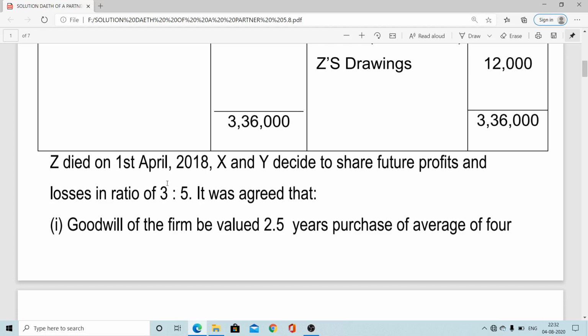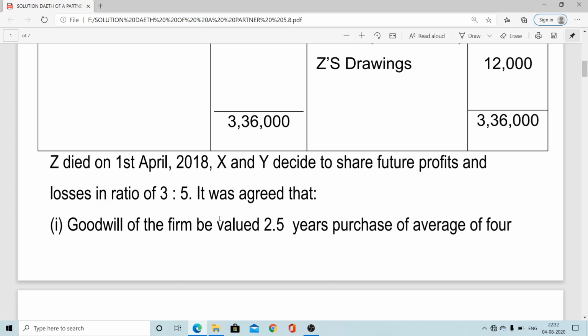Died as on 1st April 2018, and X and Y decided to change their profit sharing ratio into 3:5, meaning the new profit sharing ratio is provided as 3:5. And we know that when a new profit sharing ratio is provided in the question, the first duty is to find out the gaining ratio and sacrificing ratio. It may happen that not only the deceased partner sacrifices, some